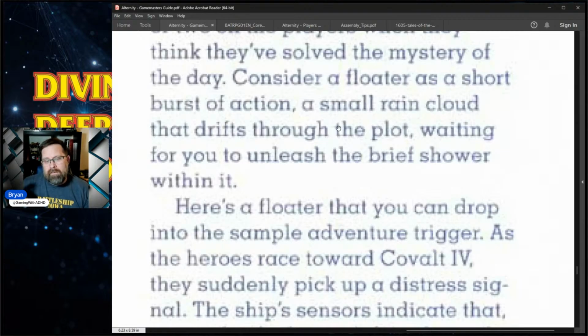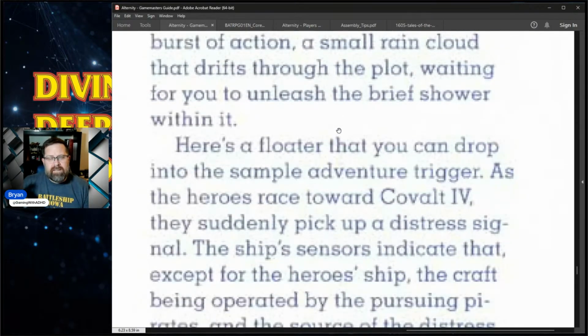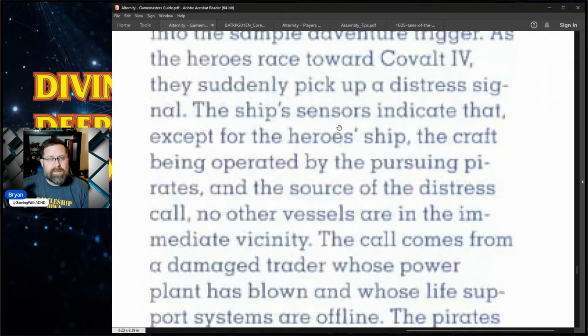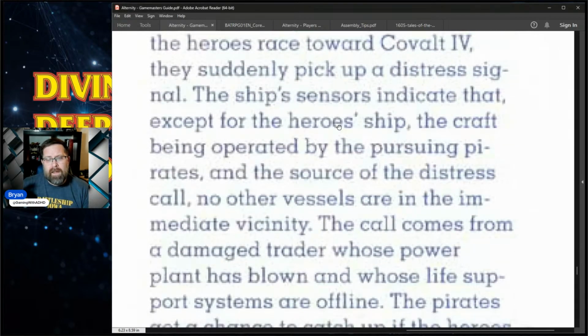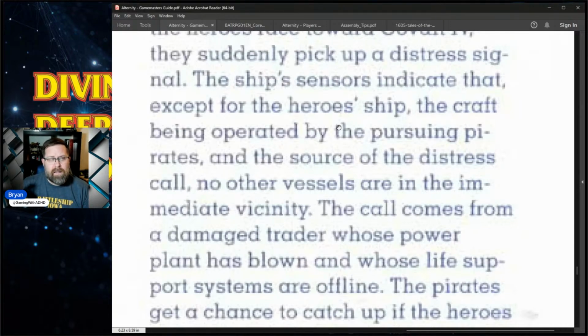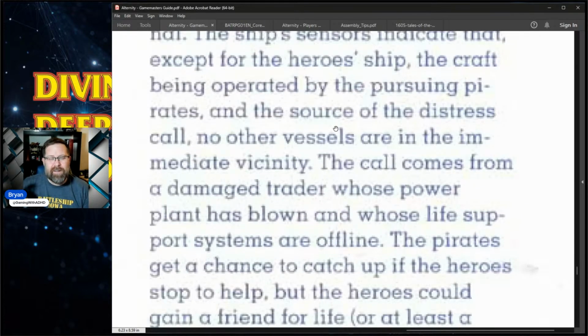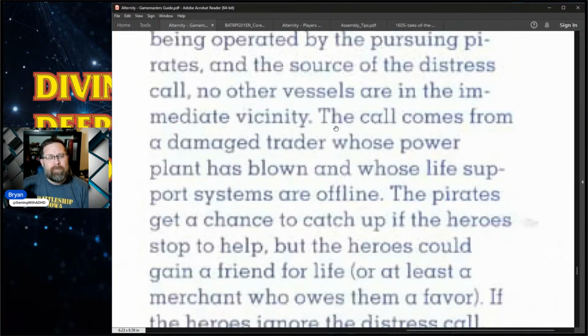As the heroes race toward Cobalt 4, they suddenly pick up a distress signal. The ship's sensors indicate that except for the hero's ship, the craft being operated by the pursuing pirates, and the source of the distress call, no other vessels are in the immediate vicinity. The call comes from a damaged trader whose power plant is blown and whose life support systems are offline. The pirates get a chance to catch up if the heroes stop to help,